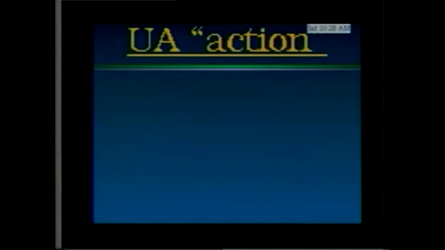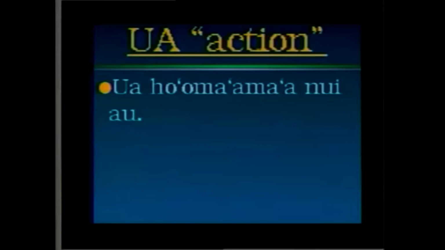You see how we have ua starts out our sentence, and then we're going to put in the verb. Ua ho'oma'ama anuiau, okay? Ho'oma'ama, do you remember that word? Practice, yeah? Here's the key. The key is right here, ma'a. That small little word, okay, means to be used to, all right? So remember that I told you when you put ho'o in front of one of those words, like ma'a, what you have is to cause to make used to. If you want to cause something so that you ma'a to it, you have to ho'o ma'a ma'a. You have to practice. And in this case, we have nui. You have to practice nui, plenty, okay?